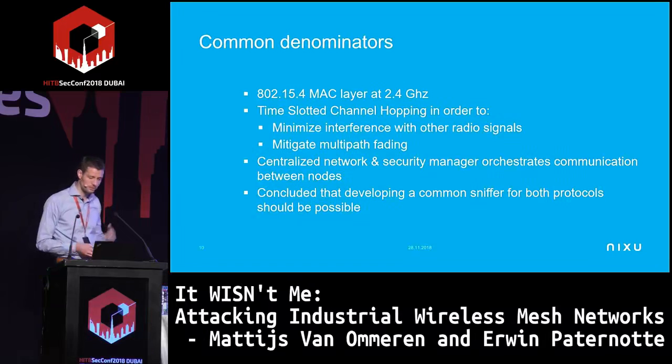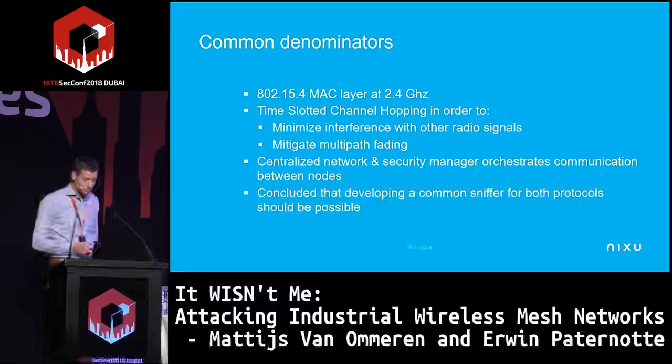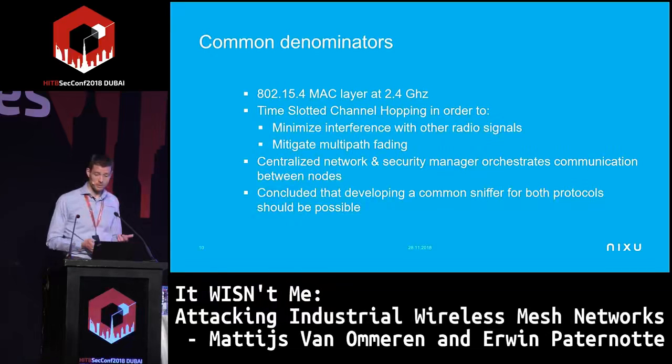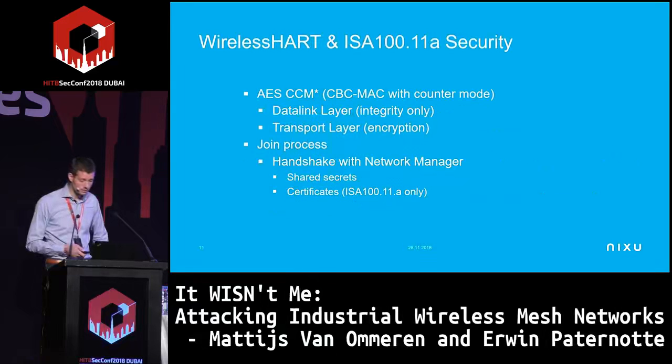So for instance, that device will send out a sort of beacon similar to Wi-Fi to announce that there is a network. It will also say what time slots are available for a device to use. And Matthijs will tell you a lot more about that part. But first, we concluded, okay, there's enough similarities here to develop a common sniffer maybe for both protocols. Well, that would be nice. Instead of one protocol, we can look at two protocols. So that's what we